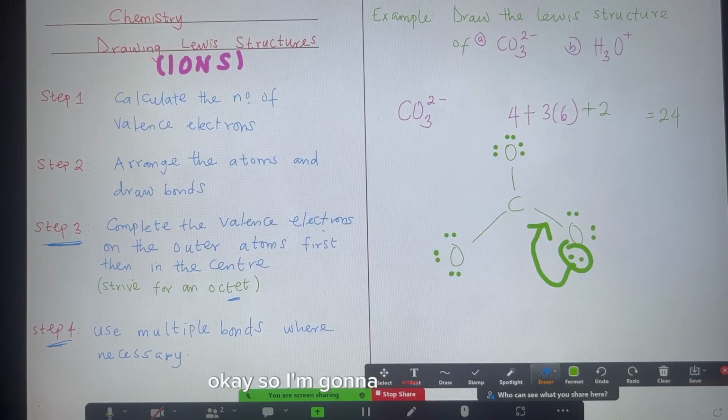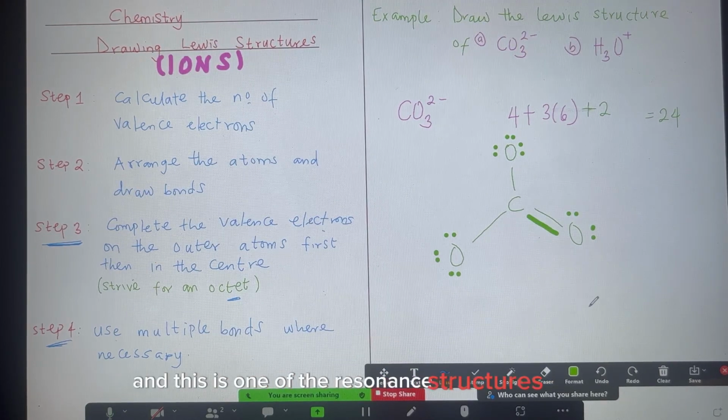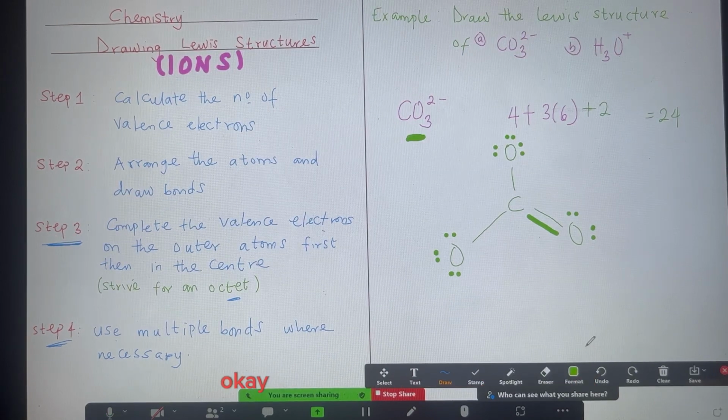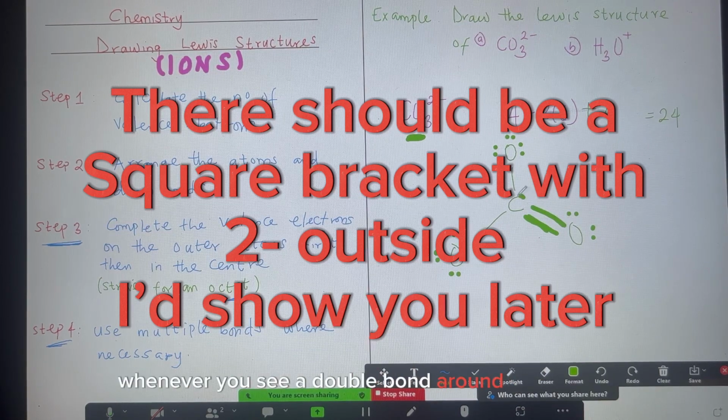Okay, so I'm going to erase this now and do it this way. Double bond, yeah. And this is one of the resonance structures of this. Okay, and that's what you have. The shape will still pretty much be trigonal planar because you have a double bond here. Whenever you see a double bond around the carbon and an oxygen here, this translates to a trigonal planar